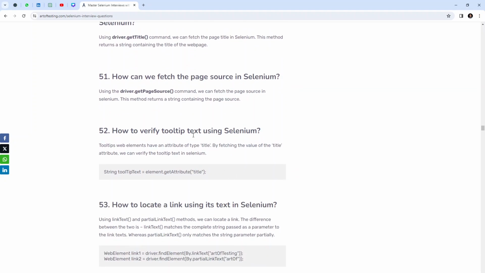How to verify tooltip text using Selenium? Tooltip web elements have an attribute of the type title. By fetching the value of the title attribute, we can verify the tooltip text in Selenium. String tooltipText = element.getAttribute("title");